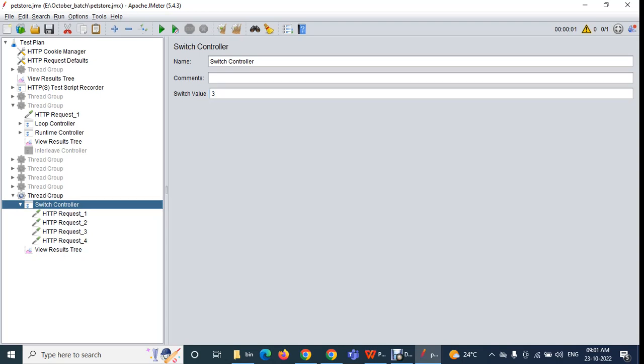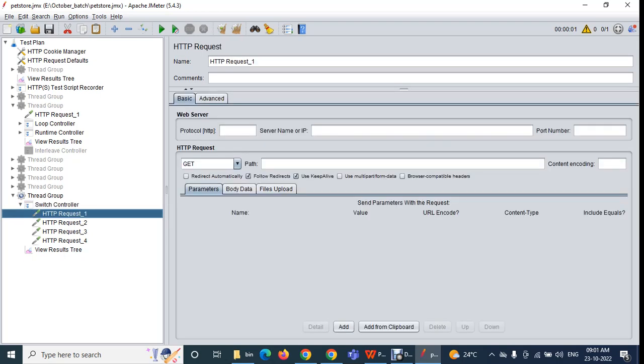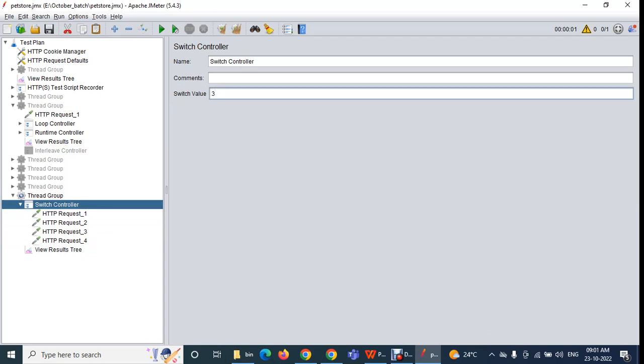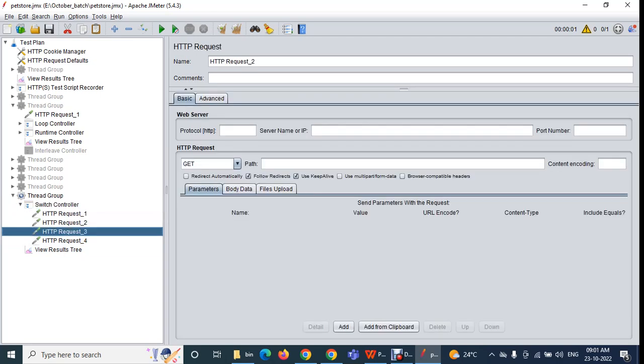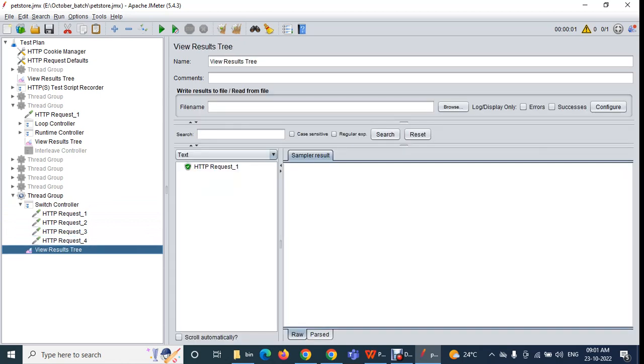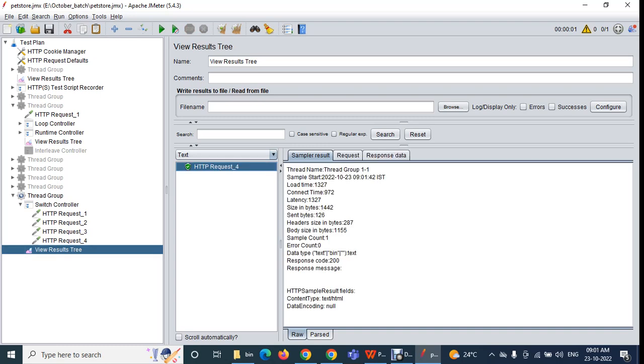Switch number 0, switch number 1, switch number 2, switch number 3, switch number 4 means first request, switch number 5 means second, switch number 6 means third, switch number 7 means fourth, switch number 8 means 1, like that the switch value will cycle. So I am giving switch number 3, so this is 0, this is 1, this is 2, this is 3. The fourth request will be executed. Clear your data. Click on the play button. See, request number 4 is executed. So like that, based on the switch value you can